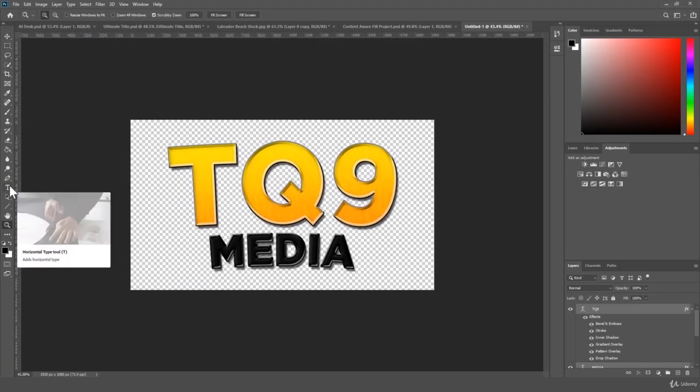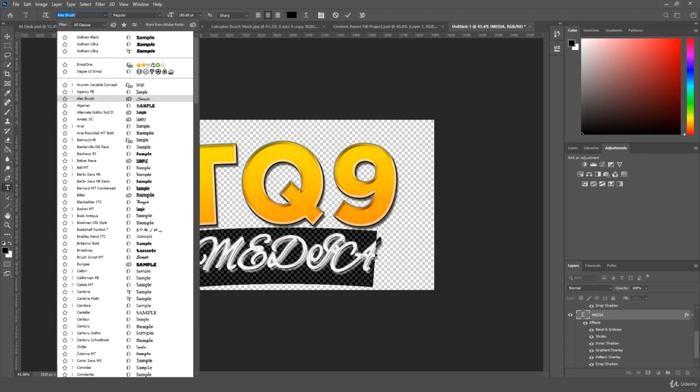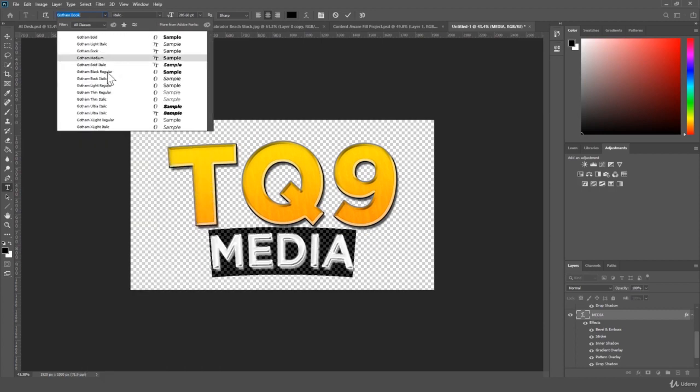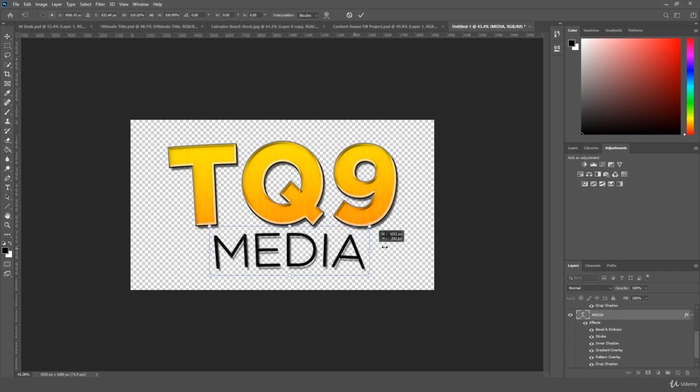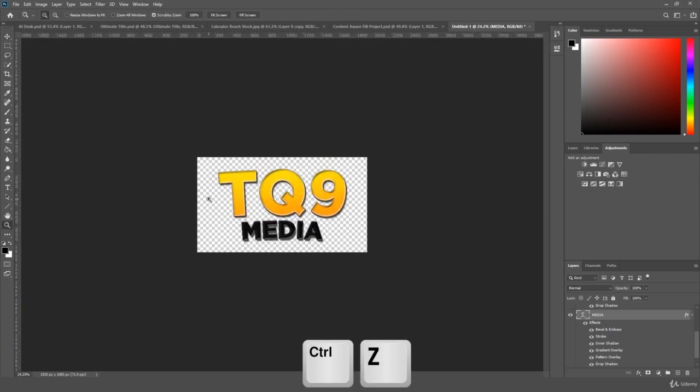I mean, is it going a little bit too far to even go ahead and change the font, right? You might even want to change the font to something else. For example, I might even get a font that's a little bit more thin, if you know what I mean, right? Maybe a little bit more thin, and then I might feel comfortable stretching it out a little bit more, whatever the case may be. But again, all these are just little technical details. I'm actually going to Control-Z, undo that, and we're just going to be sat here with the TQ9 media,